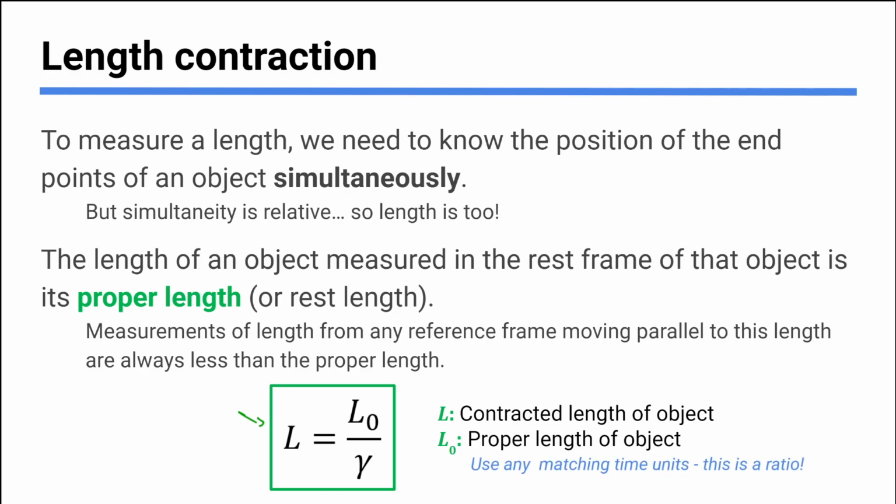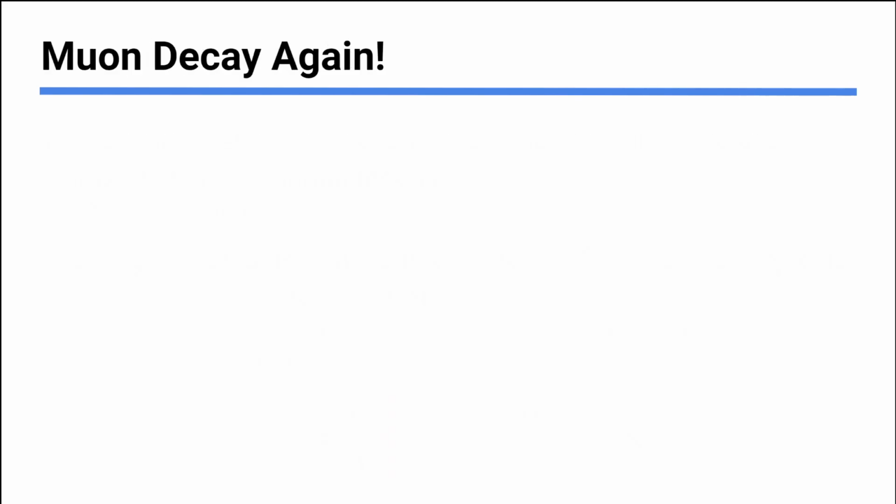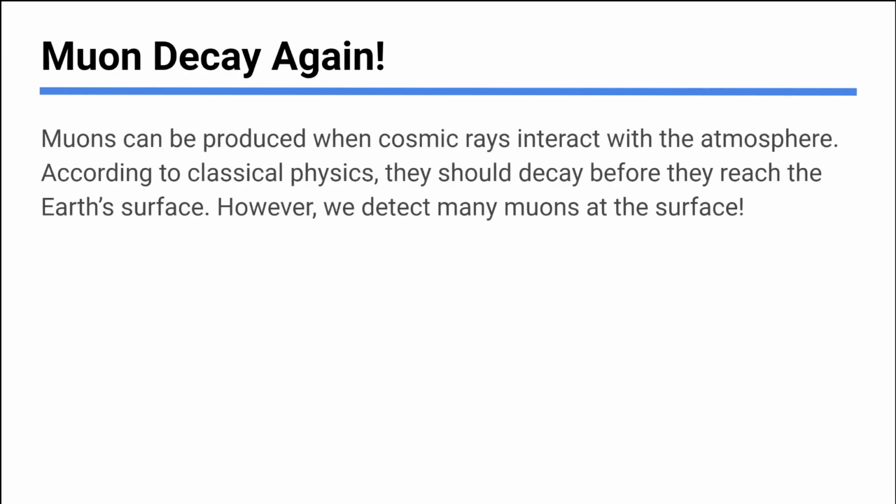And just like with time dilation, this is a ratio situation. So you could do centimeters and centimeters like we did. You could do meters and meters. You could do miles and miles, whatever. Okay. So the final thing we have to say about this is this length contraction comes up as well in